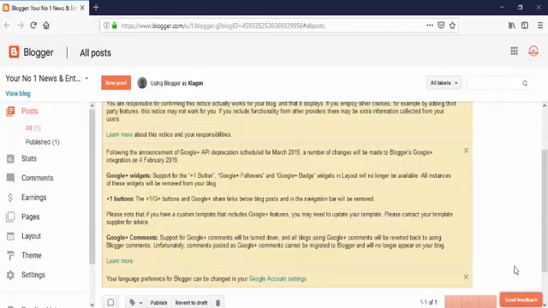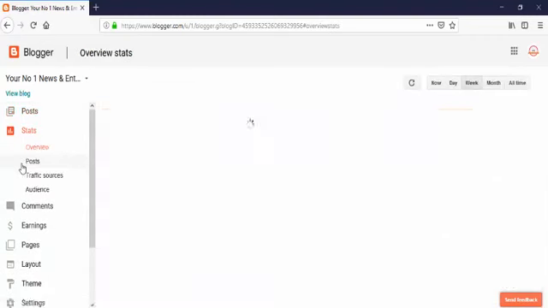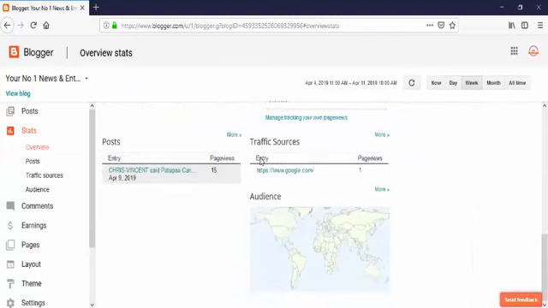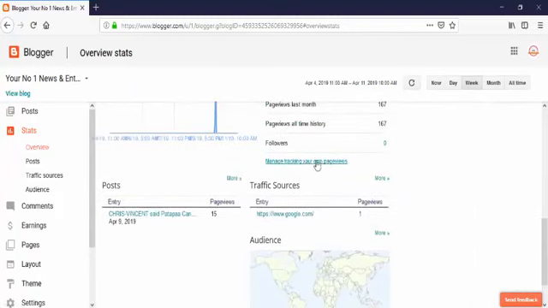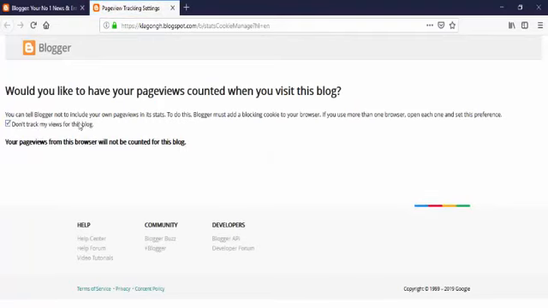You understand? So first thing first, once you're logged into your dashboard, the next thing you want to do is go to stats, where the red starts, and then you scroll down. You see a place where it says manage tracking your own page view. Then you click on it, and then you click on do not track my views for this blog. So what does this mean? You know, anytime somebody visits your blog,